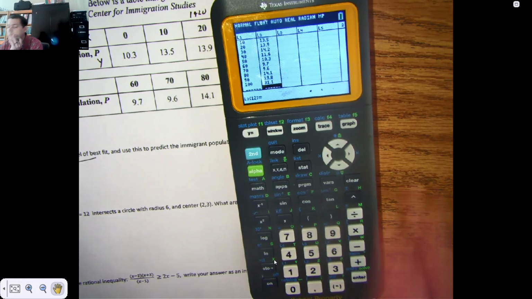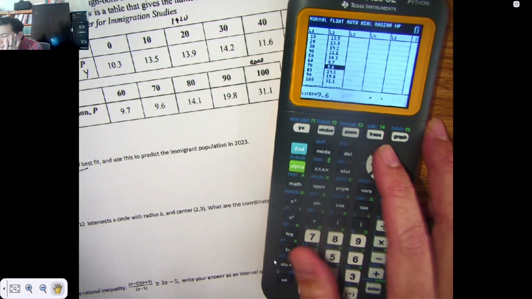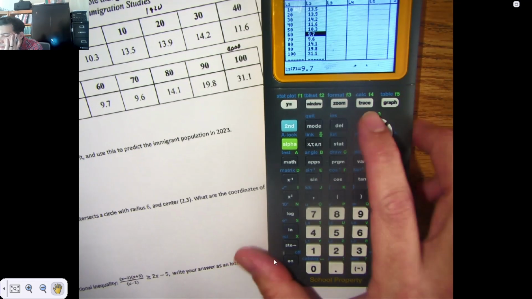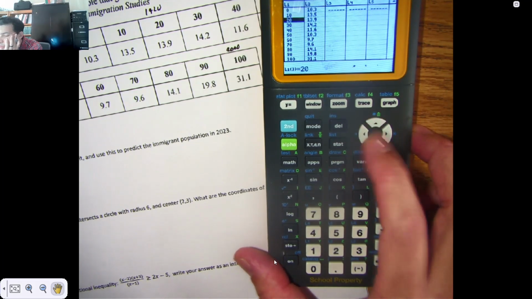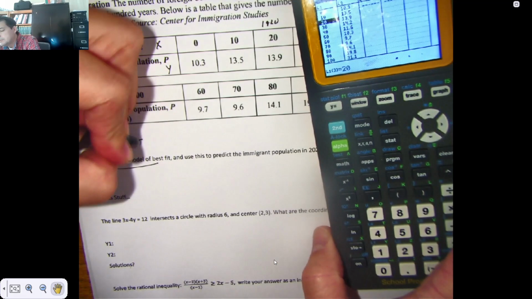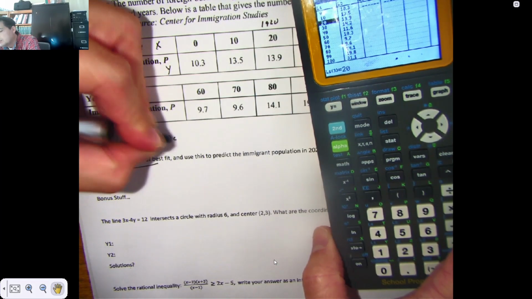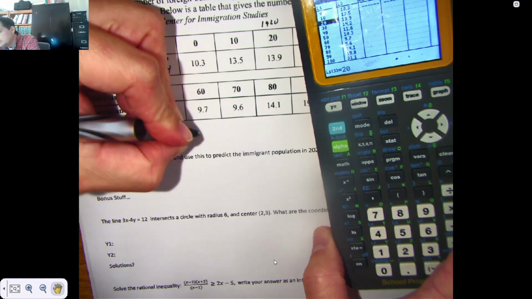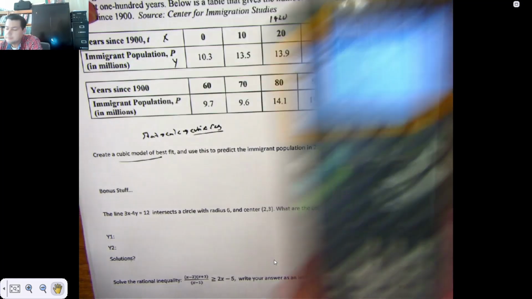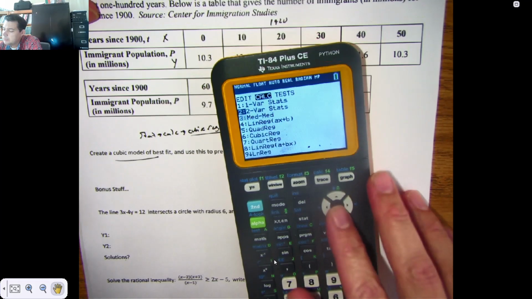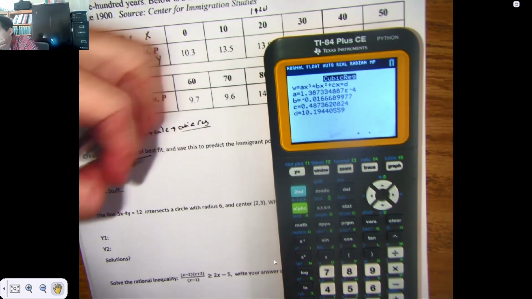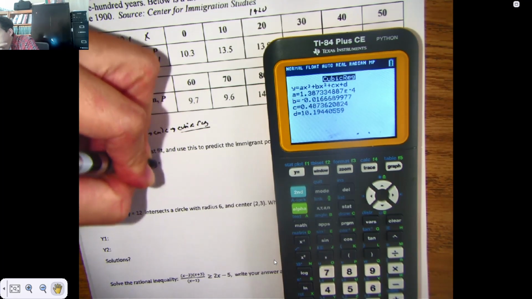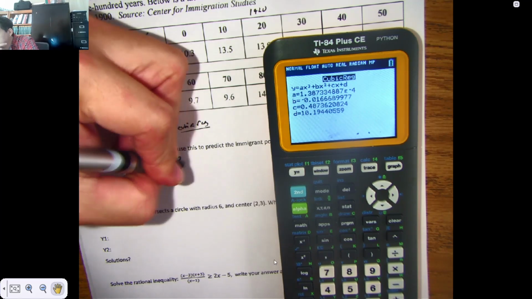All right, so I'm going to scan to make sure there's no typos. It's the only way you can miss these. That looks good. It wants a cubic model, so stat, calc, cubic regression. Stat, calc, cubic, which is number 6. And there she is. The equation is 1.3873x cubed minus